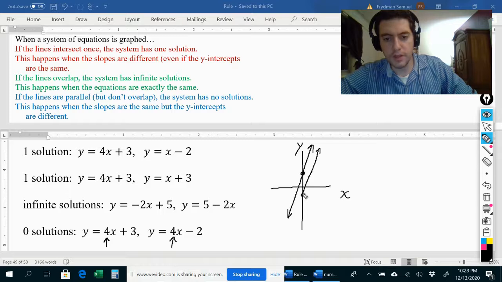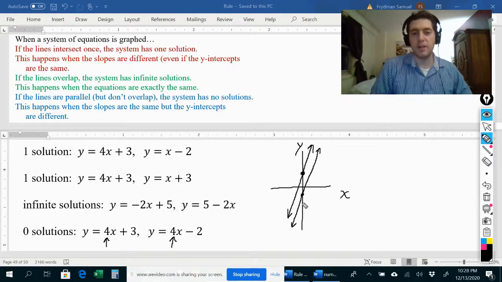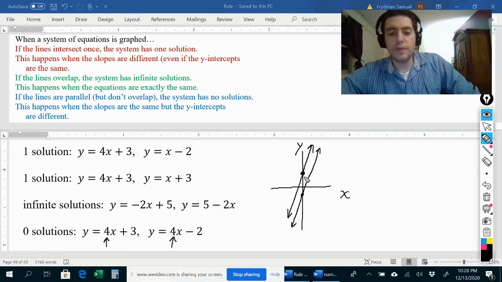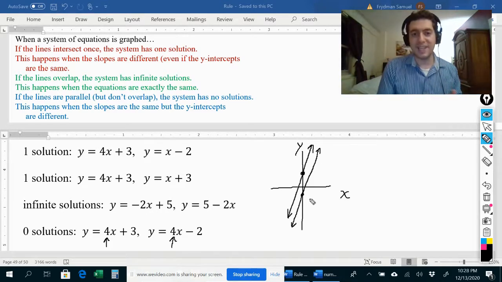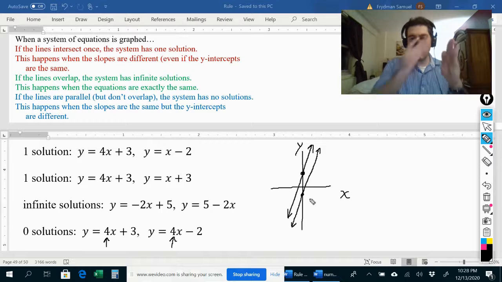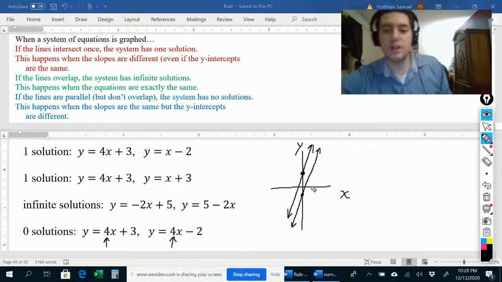So this one will have exactly the same steepness as the other line, which means that they're parallel. So if the y-intercepts are different and the lines are parallel, then they're never going to intersect. They're never going to cross each other. We could keep extending these forever and they're never going to meet, either in this direction or down here